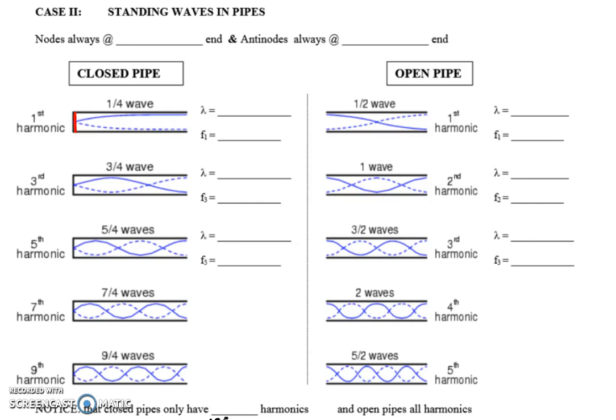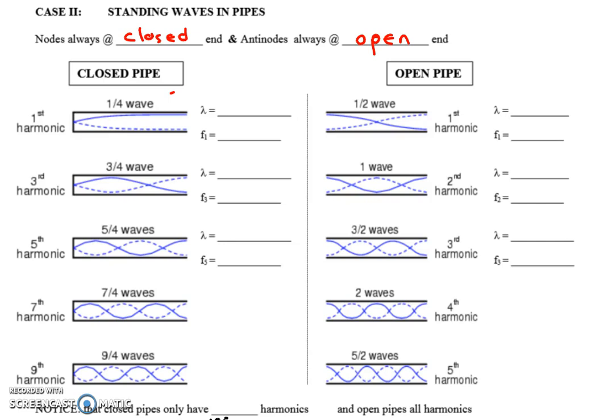There could be a doubly closed pipe, so I'm not going to show it here, but it would still follow the same general rules, and that's this. Nodes always occur at the closed end, and antinodes always occur at the open end. Okay, so let's take a look at the simplest case first. If I have a node here and an antinode there, the simplest standing wave I can produce is simply node to antinode, which is what I have here. So if I draw in from node to antinode, what we see, and this is the critical thing, is that this is a quarter of a wave. Pay close attention to why that's a quarter of a wave. Make sure you can recognize that in future